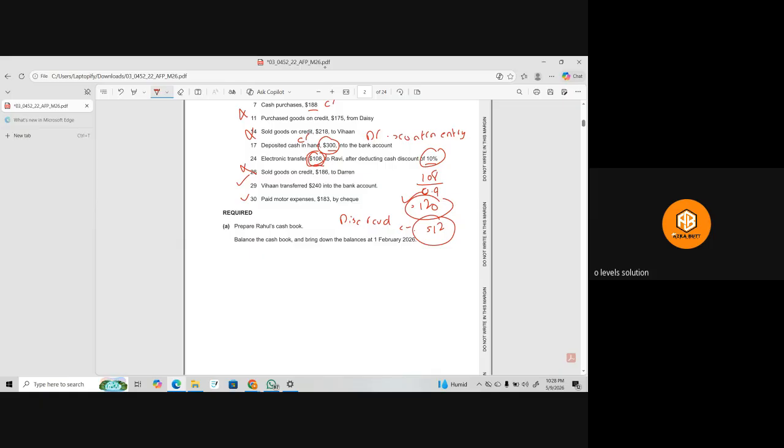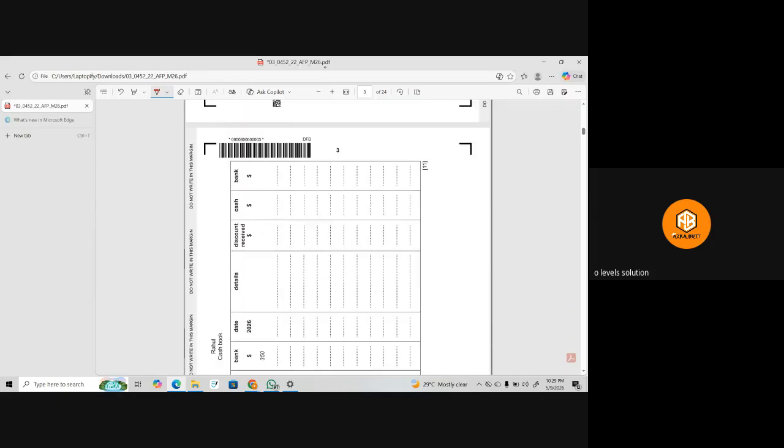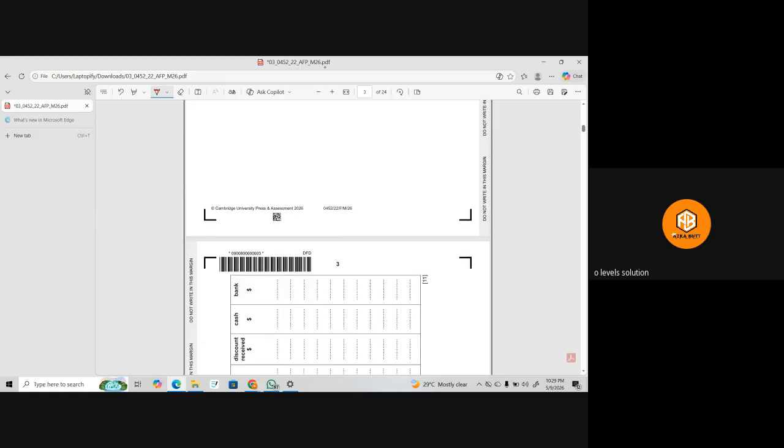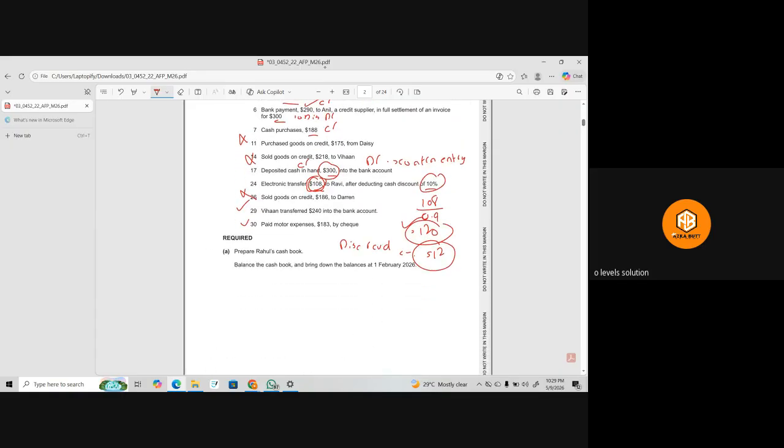तो इसमें एक तो कैश परचेज थी, एक तो ये जो डेजी से आपने परचेज किया 175 की, ये आएंगी, और ये 188, ये दोनों आएंगी, 175 प्लस 188, तो इन दोनों को आप ऐड करोगे और वही आपका होगा टोटल बैलेंस। फिर उसके बाद डिस्काउंट रिसीव्ड अकाउंट है, डिस्काउंट रिसीव्ड में हमें एक तो ये $12 का डिस्काउंट मिला है।